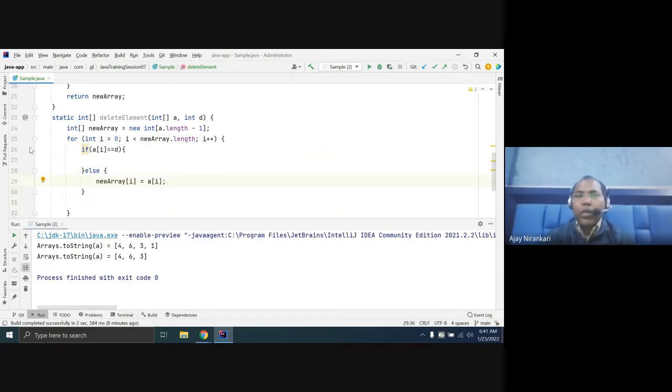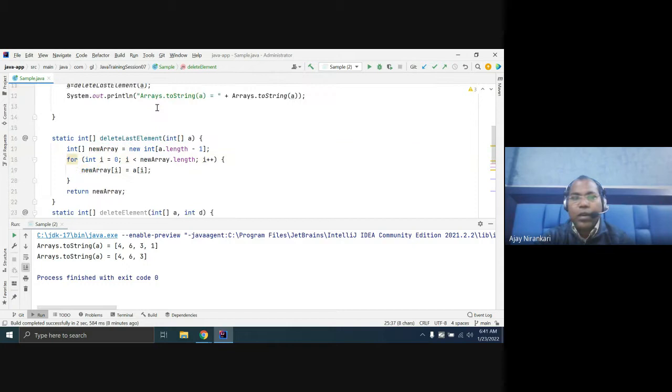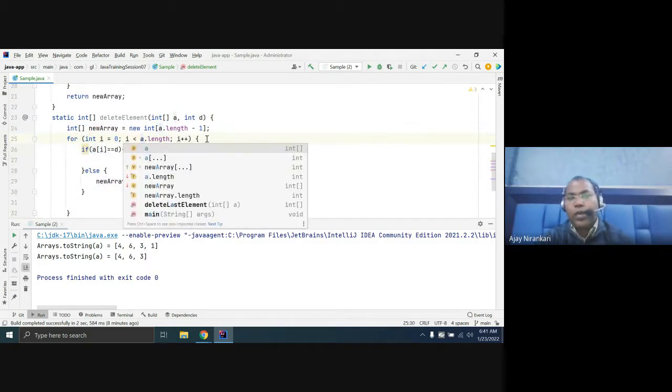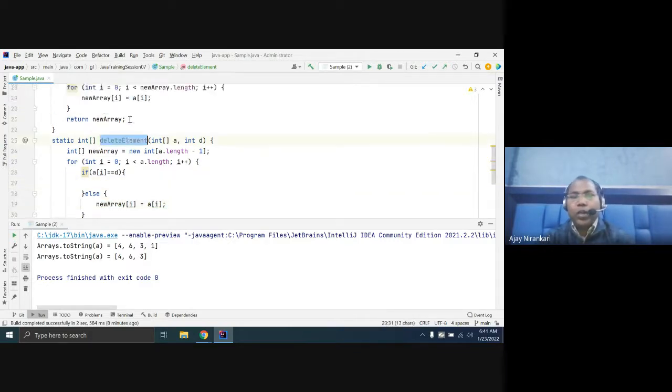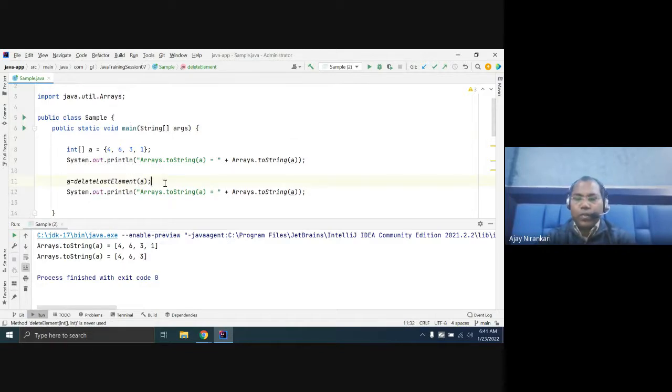So now you run your loop until the original length. If you write this code, whenever you match, just do nothing; otherwise you copy it. But your code still does not serve the purpose.